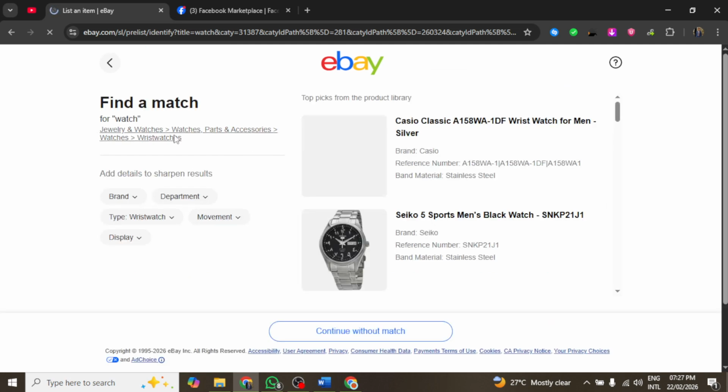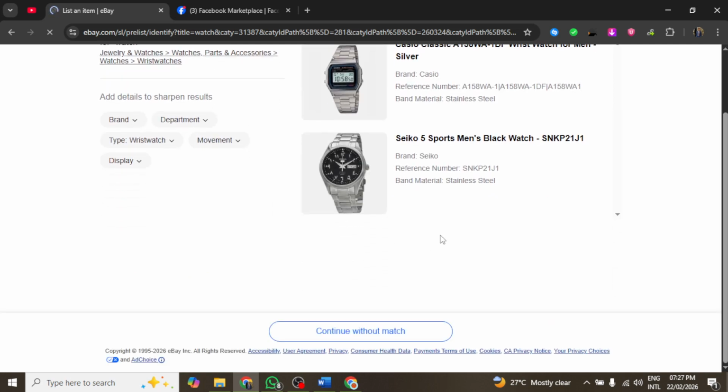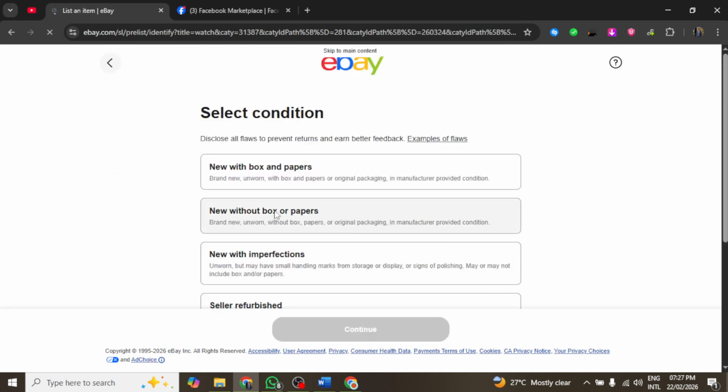Once logged in, find the Sell option in the top menu. Clicking this will guide you to the listing creation process. Having a fully set up account and having